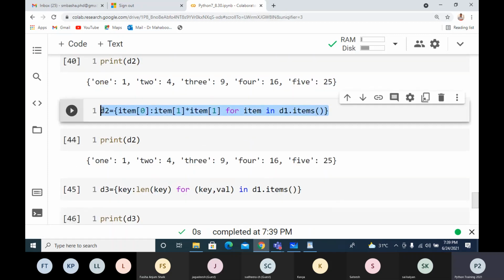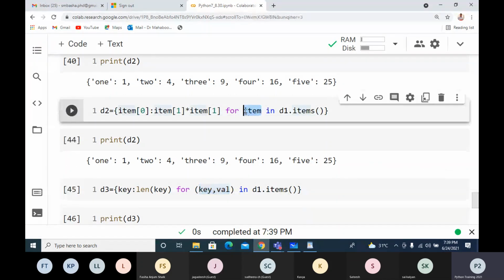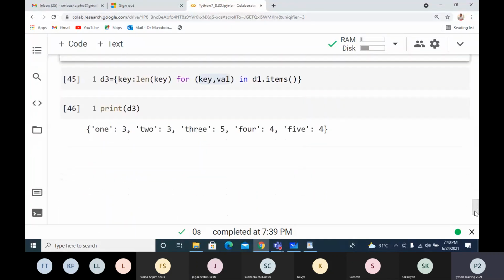Depending upon whichever you feel convenient, we can use it. Here the individual key value pair we are taking individually. Here the key value pair is taken as a tuple with the name item, and the tuple's first element is key, second element is value. So that is how we do it.